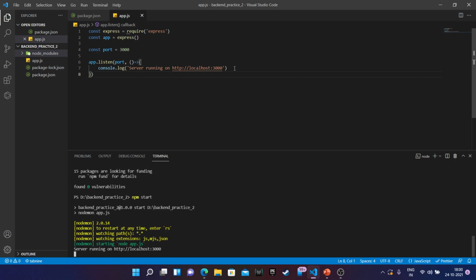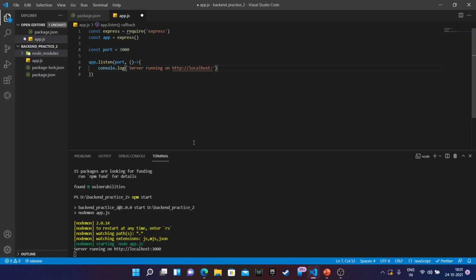Before that, I'll be showing another method of strings, where we'll be using backticks to place our variable content into the string directly without much effort. So I'll be removing this and placing backticks with server running on http://localhost: and now I need to keep my port value here.